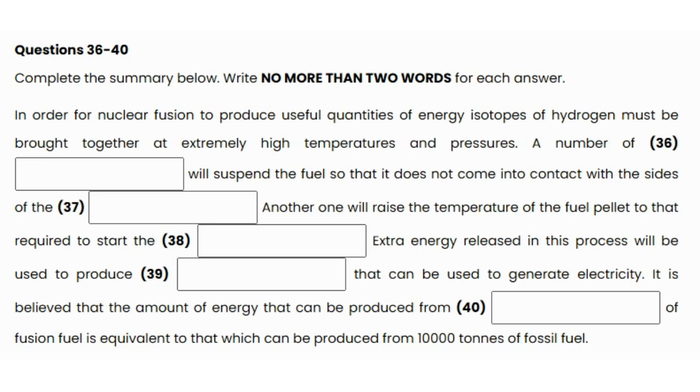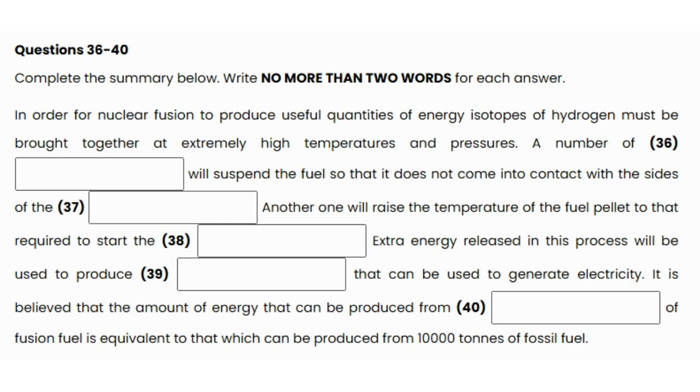We can now use lasers to control the nuclear fuel pellets so that they remain suspended inside the reactor without touching the sides. Remember that these pellets are quite small, and because they contain atoms of deuterium and tritium, the two isotopic forms of hydrogen that can be used in these reactions, they are quite light. The lasers will also compress the fuel pellet to raise the pressure to that required to initiate the fusion reaction.